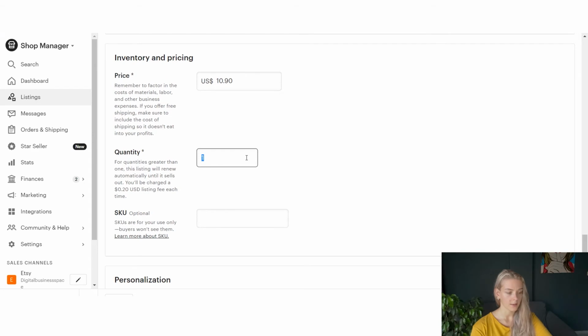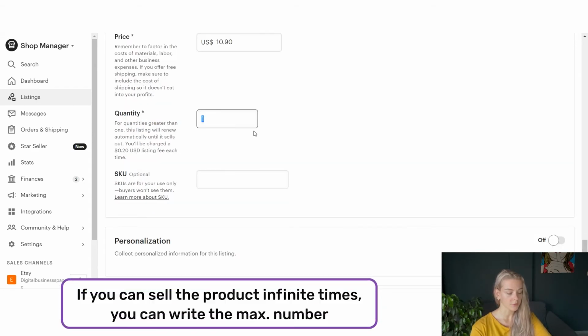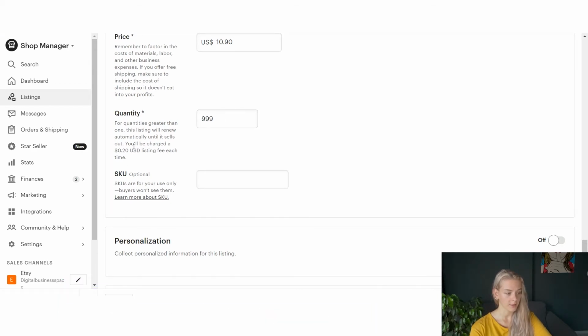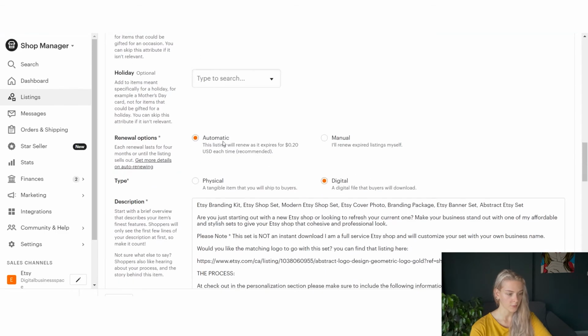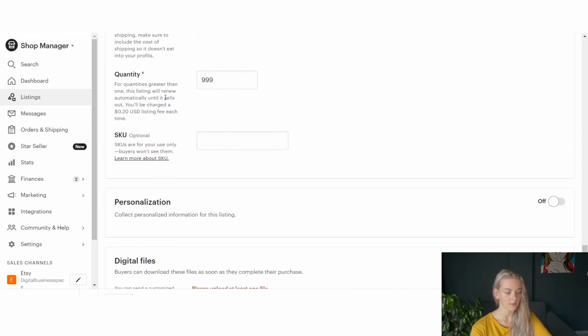Okay, quantity. This is the amount of product that you put in this listing. If you sell some kind of templates, and you can sell these templates a lot of times, like 1,000 times, you can put 999, which is like the maximum number. So when this maximum number is finished, your listing will be renewed automatically if you put this automatic here as we put before, and in this way, in this moment when it will be renewed, when this amount will be finished, you will be charged with 20